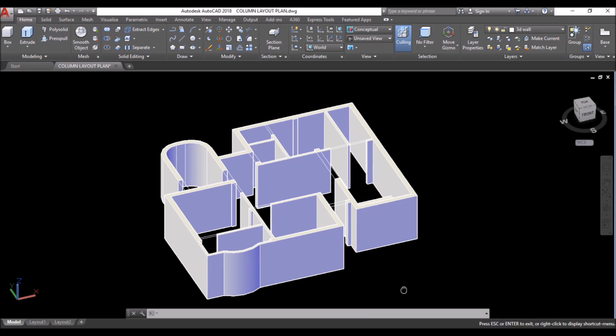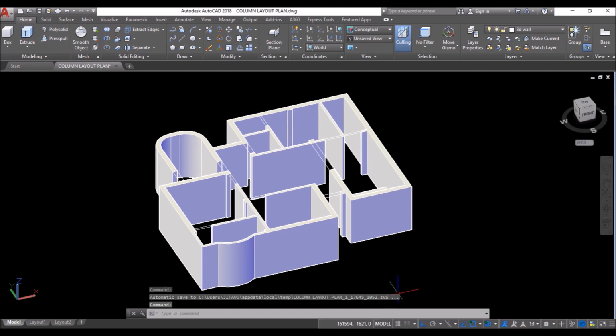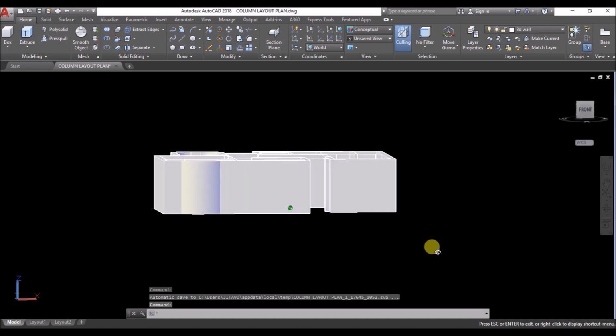After all the rectangles are drawn, orbit the drawing in such a manner that the front face of the house